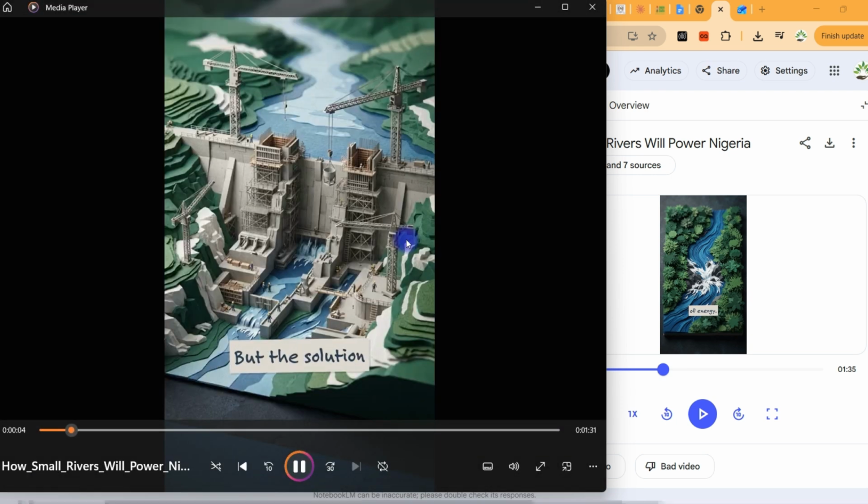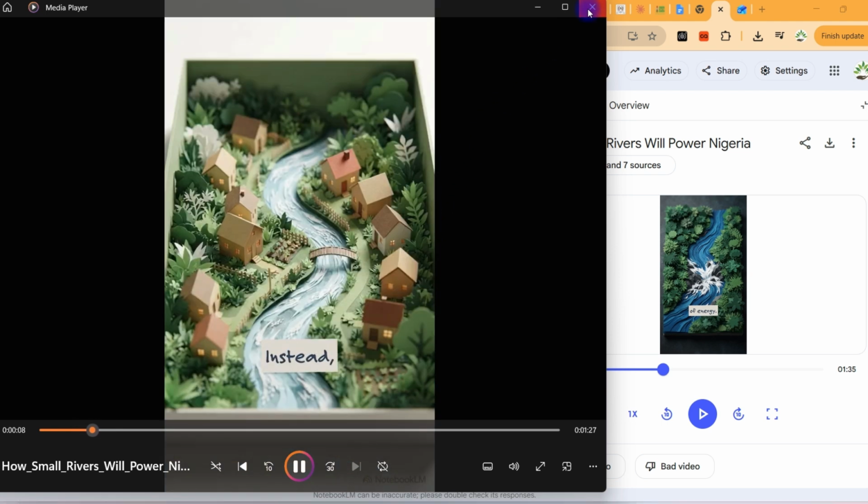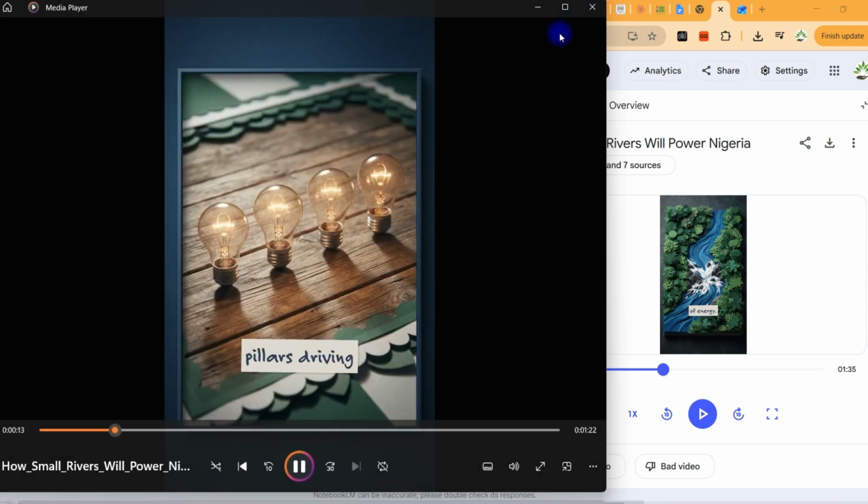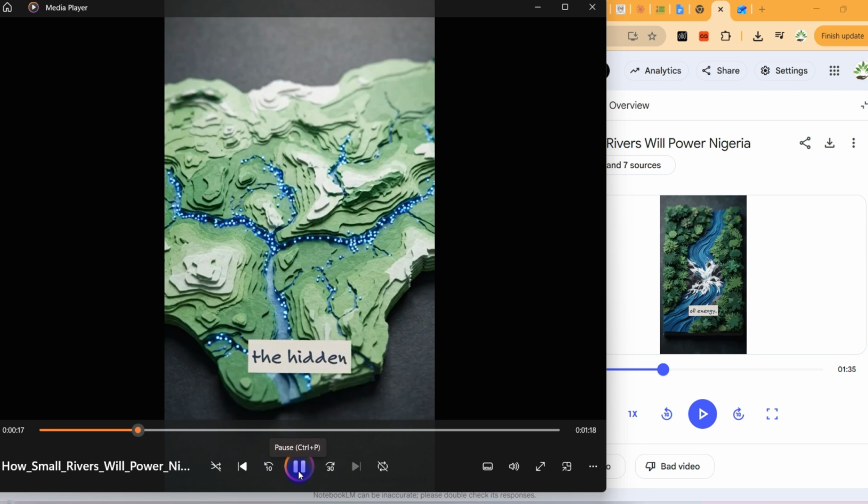But the solution isn't building another multi-billion-dollar megadam. Instead, the answer is flowing through local backyards. Here are 4 pillars driving Nigeria's hydropower revolution. First up, the hidden